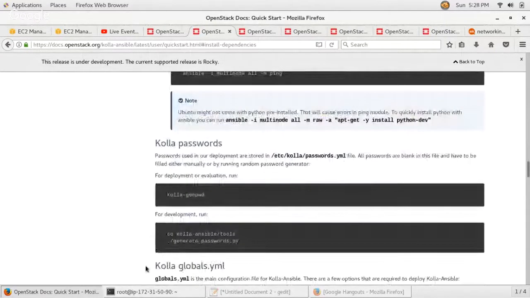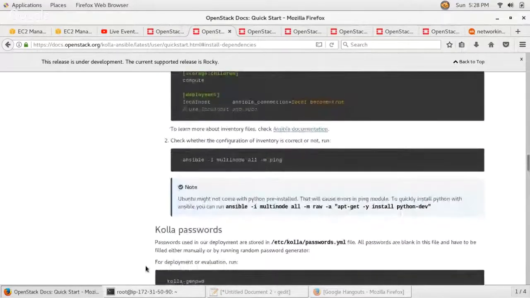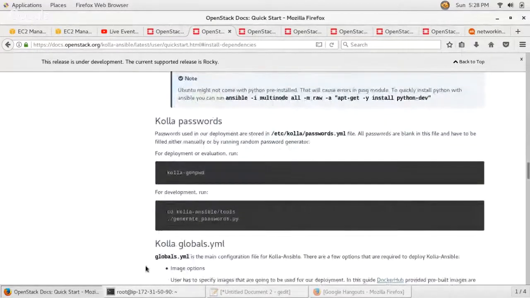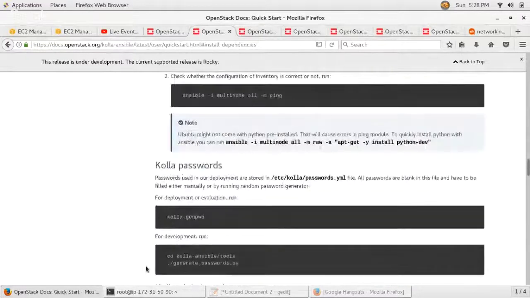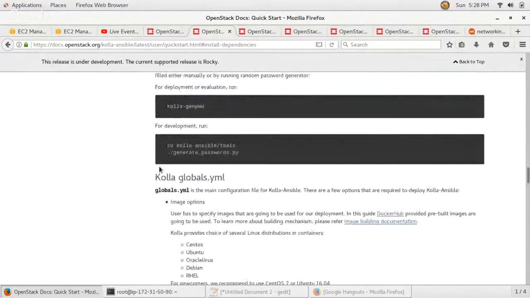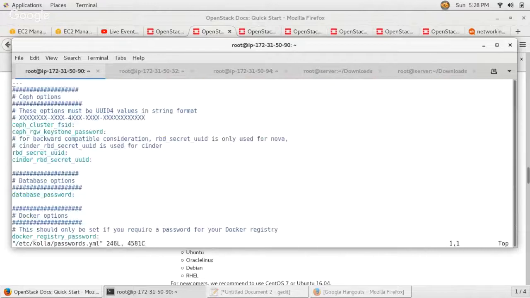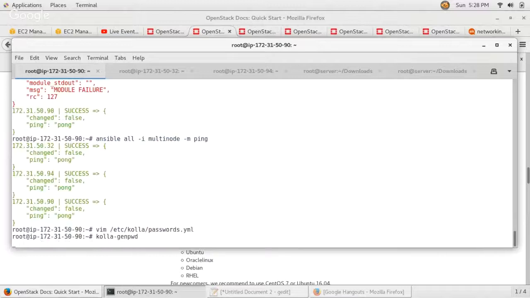The next thing is you need to generate passwords for the OpenStack services. So there is a command, kolla-genpwd. So it will generate the passwords. First, I can show you the file. So this is the file. You can see this is an empty file. It doesn't contain variable values or passwords. And after this command,